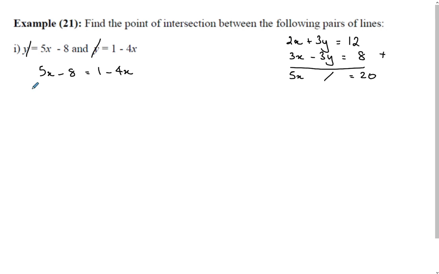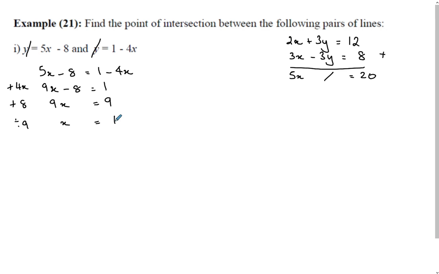Always pick your lowest letter. So you've got minus 4x, so we'll do the opposite. So we've got plus 4x, so we've got 9x minus 8 equals 1. And then we're going to add the 8, and we've got 9x equals 1 plus 8 is 9, and then divide by 9, and we've got x equals